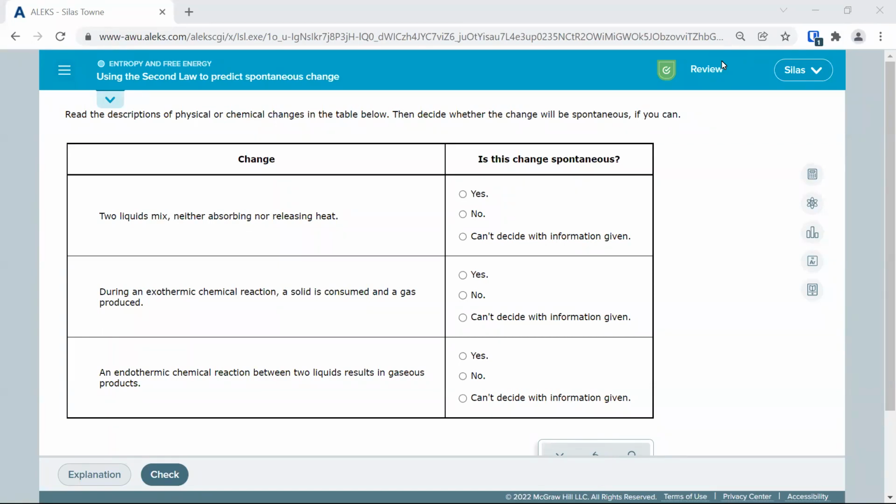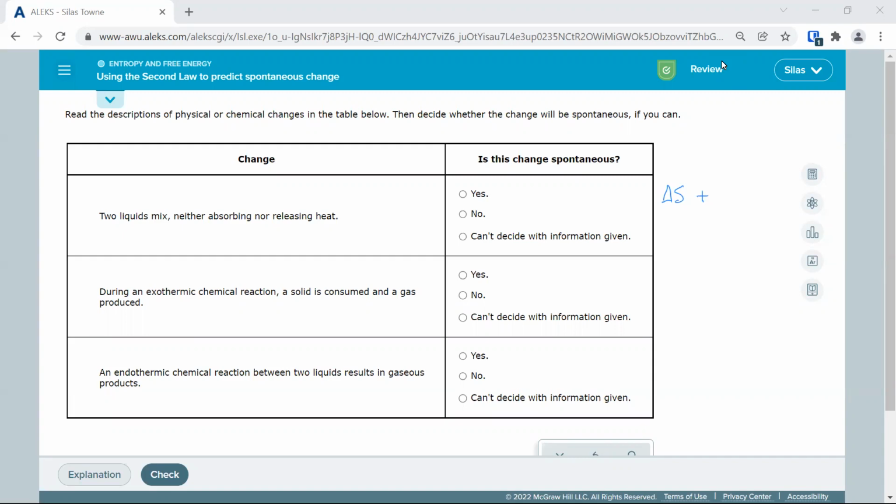One being, does the entropy of the reaction increase? So is that delta S positive? And then the second part of that is, does the entropy of the surroundings increase? Now, the easiest way to determine that we saw was through the enthalpy. If the reaction releases heat, so it's exothermic, then it's going to increase the kinetic energy or the temperature of the surroundings. It's going to transfer heat, and so those will become faster moving, which is an increase in entropy.